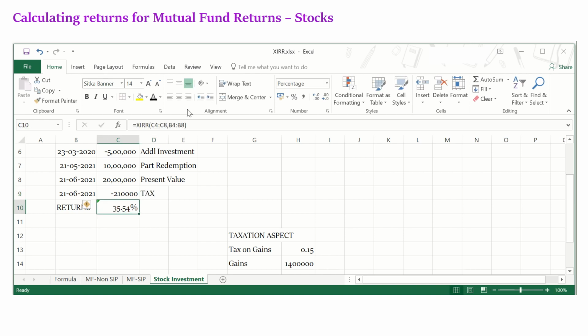Please remember, this formula is not covering the taxation, so we need to drag the formula, and this is a more realistic figure of your post-tax returns. Remember, I know that up to 1 lakh there is no taxation of dividends and all that. I just took a super simple case to illustrate only this formula aspect. So now we will see how to use this formula very efficiently in calculating the returns for real estate in the next slide.